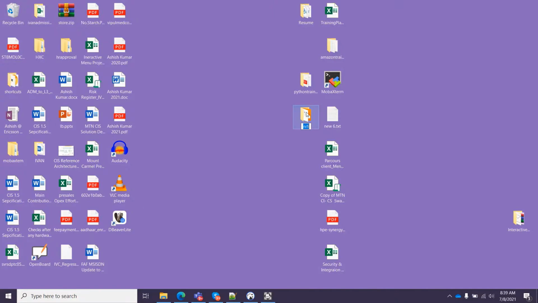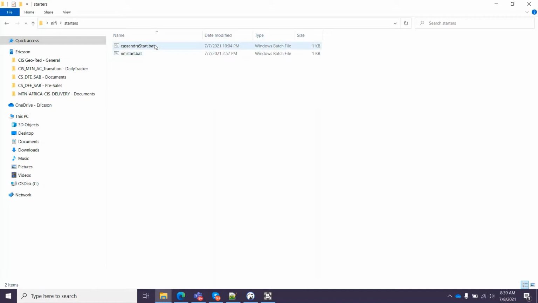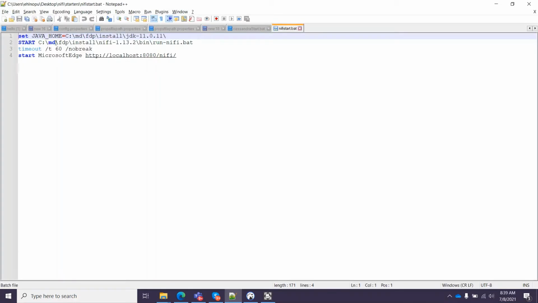So let me show you the starter. Okay, so I created a Nifi starter in which I set the Java home and do a start of the bat file, and I then wait for 60 seconds, and then I start a Microsoft Edge browser from this start script.